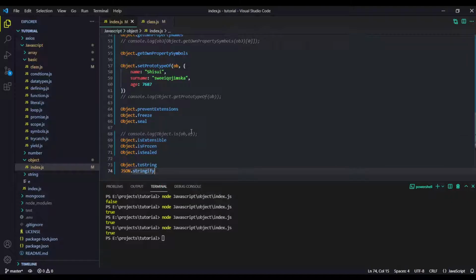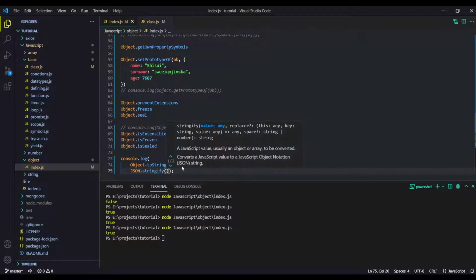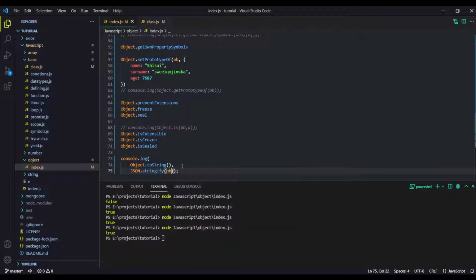All right, and then come these two functions. They are just for converting an object to a string. Let me log both of them so that you can understand whether they work or not. Object.toString and then JSON.stringify. And by the way, in both you have to provide the object, of course, otherwise it will not work.